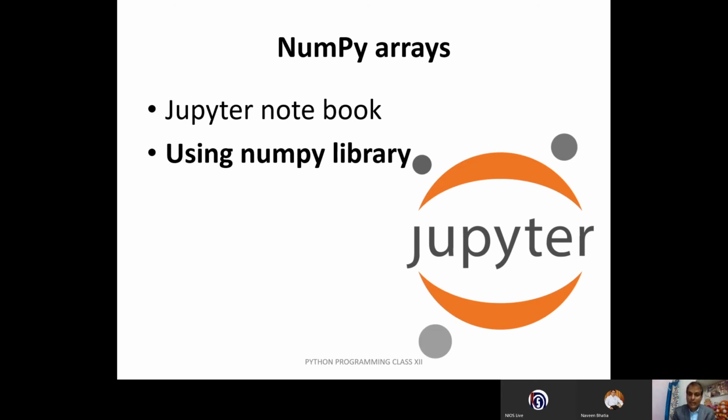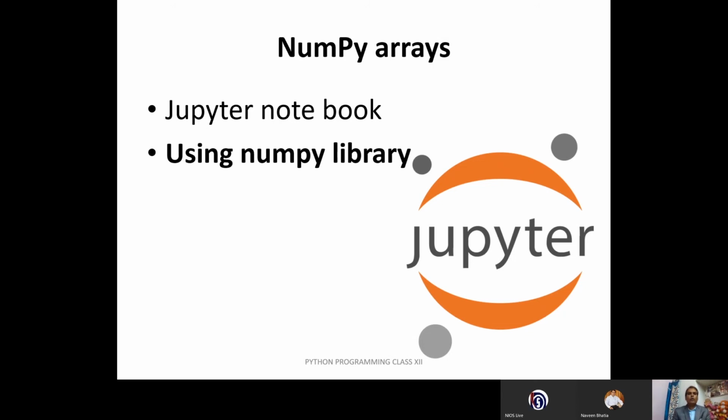Now, to learn the array, we have to understand the NumPy array. NumPy's full form is Numerical Python. To understand arrays in my session, I will follow the Jupyter notebook. You can use Spyder, you can use IDLE.